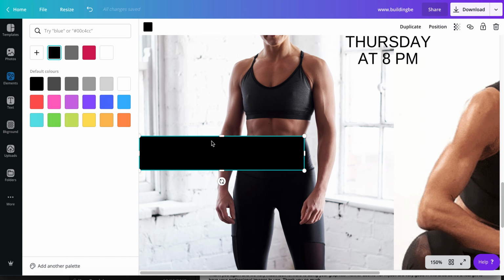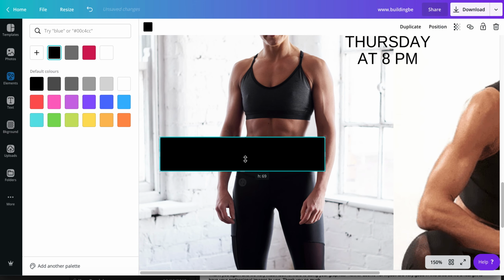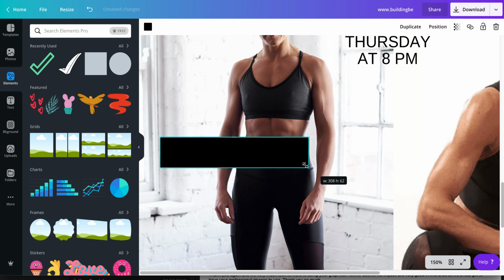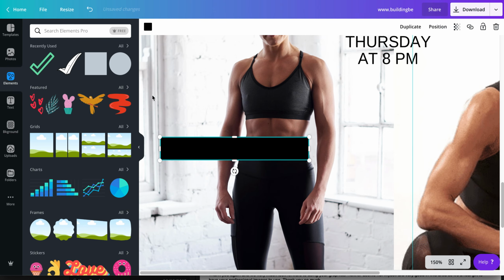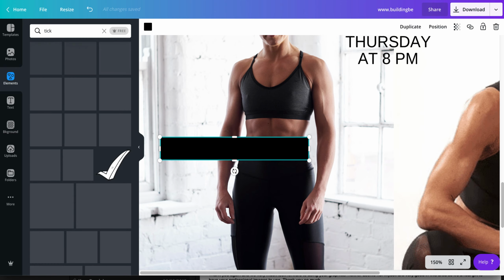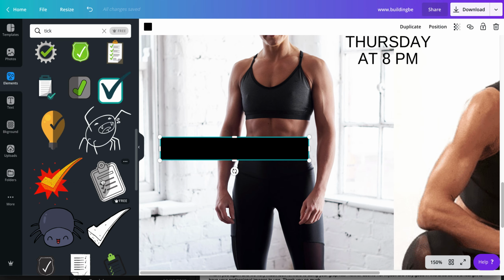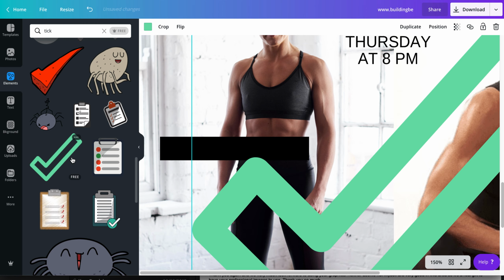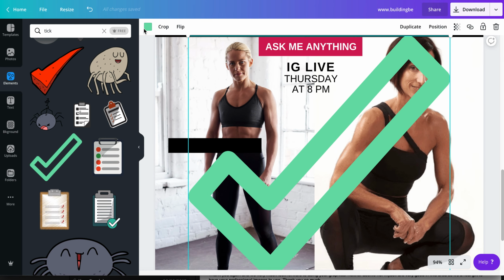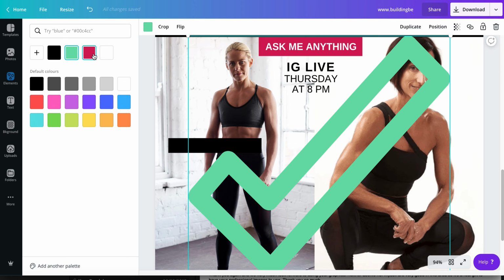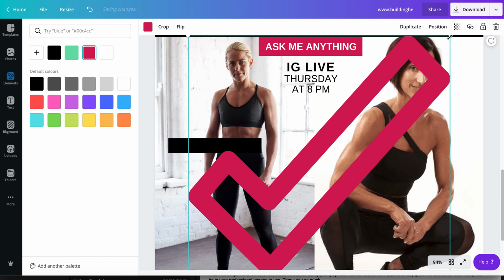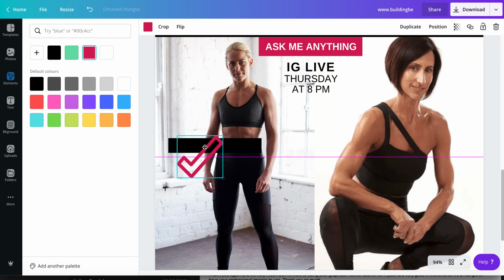Now I'm going to zoom in a little bit. There we go. Now I'll be using a tick element that's free. So all you do is you go to elements and you might want to just write tick inside here, and then you'll get all sorts of different ticks, and it's a good idea to use a plain one where you can just change the color. So this one comes out to be green. If you just click into the color, you can select either your brand color or a white color or whatever you wish. And then I'll just scale it down,